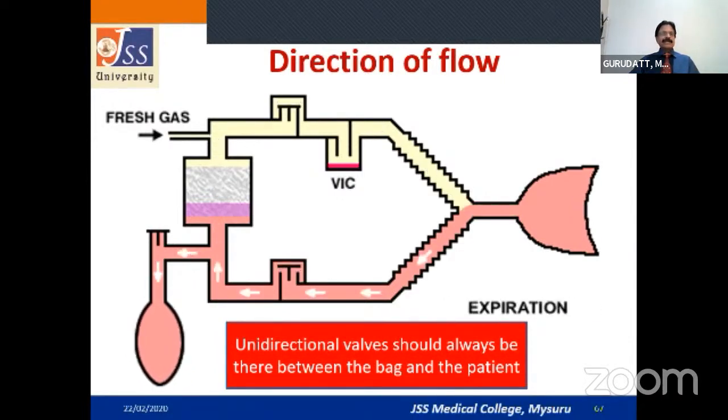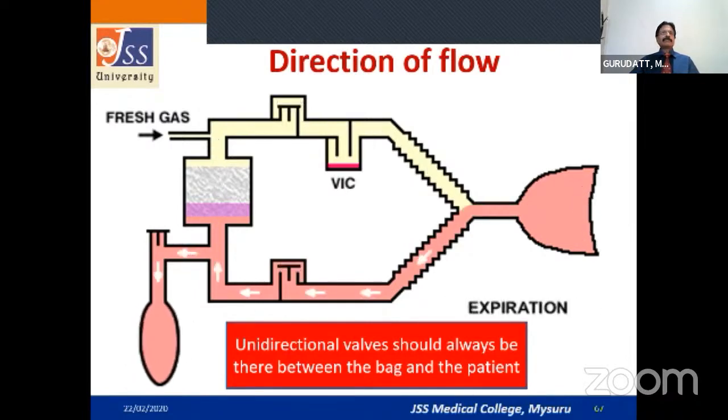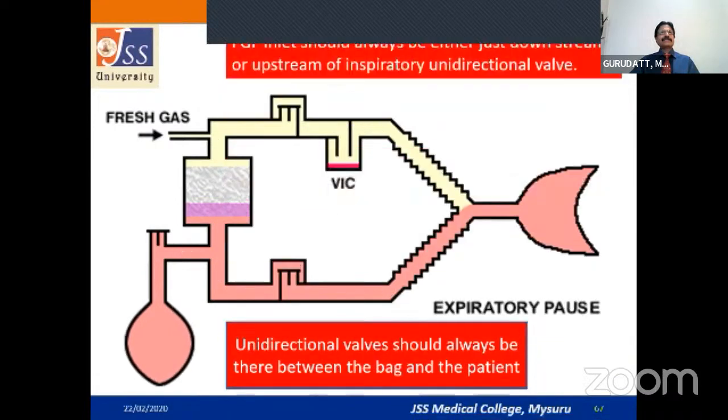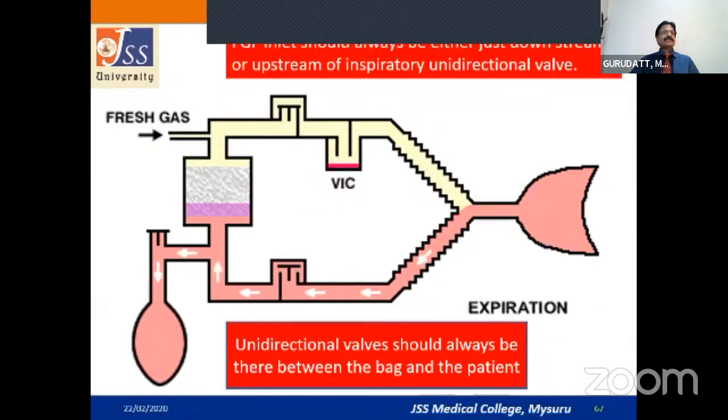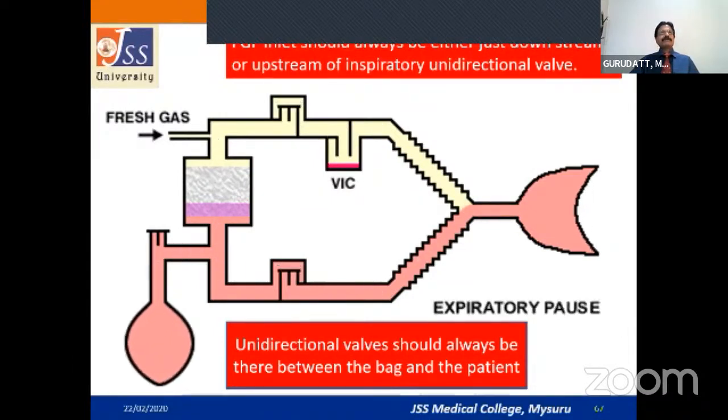Because if the bag is placed proximal to the unidirectional valve, that is towards the patient, then definitely you can produce a lot of rebreathing. So the second important thing regarding the fresh gas connection: the fresh gas inlet should be on the inspiratory side, and it should be either upstream of the inspiratory